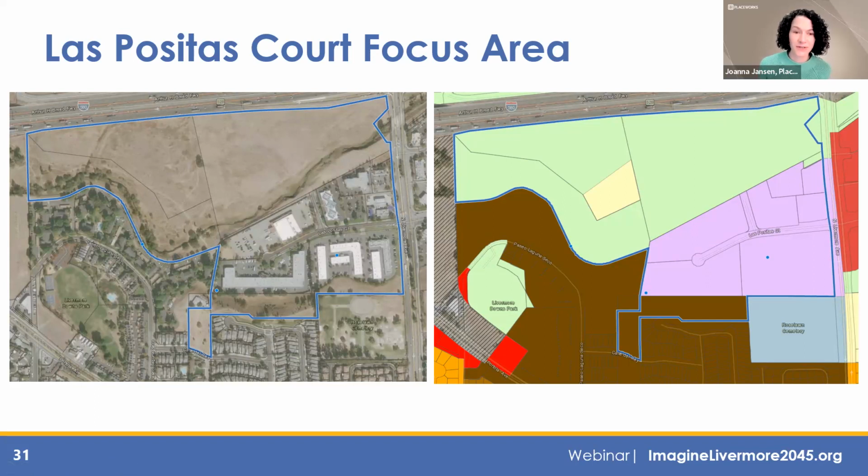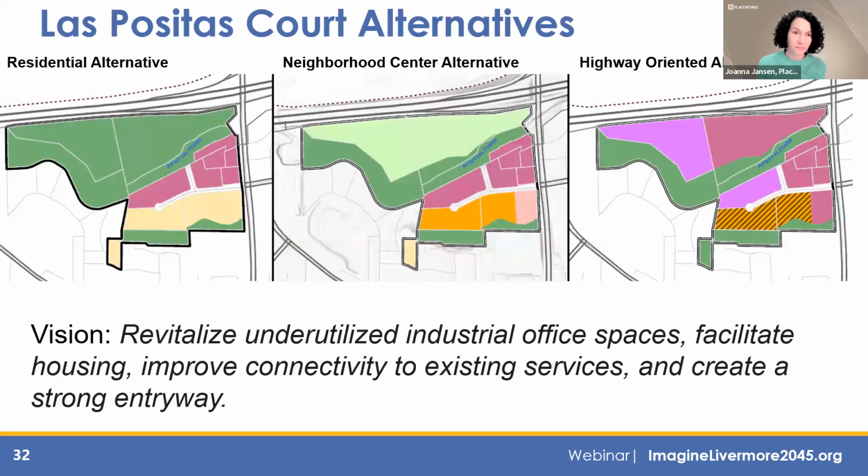This area is currently designated in the general plan for open space in that northern undeveloped part and business and commercial park in the parcels that are on both sides of the Las Positas Court cul-de-sac. In this area, we're considering a vision that would revitalize the underutilized industrial office spaces, facilitate some new housing development here, and improve connectivity to existing services. This is also one of the entryways to Livermore, being located right off Livermore Avenue and very visible from